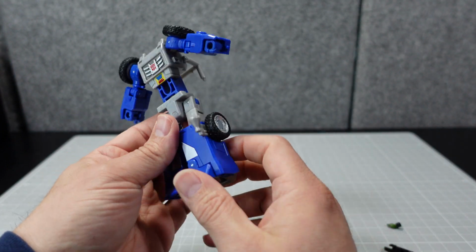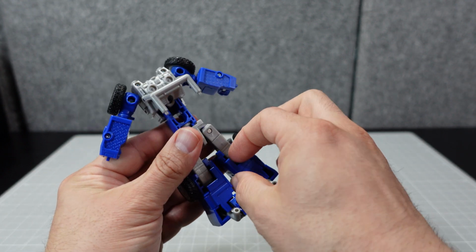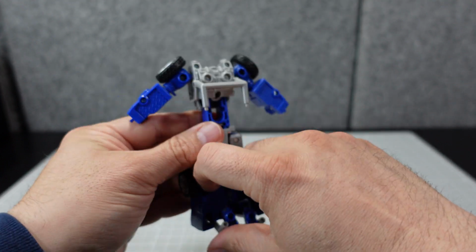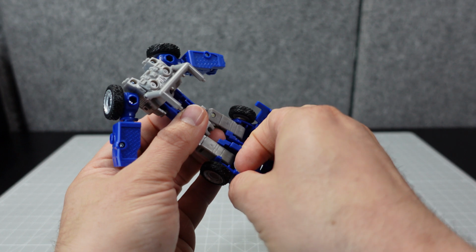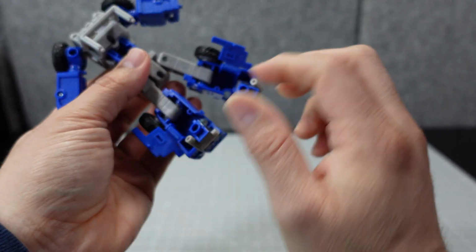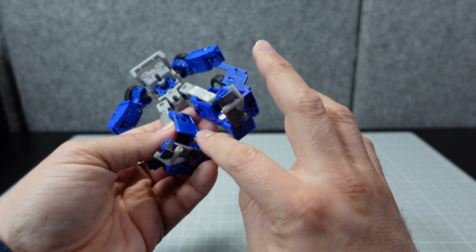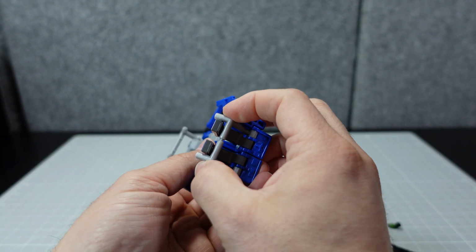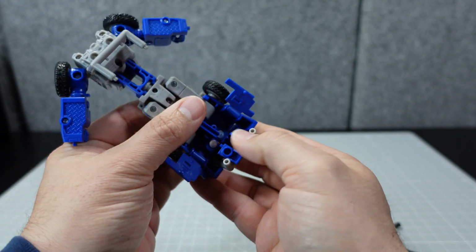Now the next part will be opening up these panels back here, and just grab them like that. They peg in right there. Open up this one here. There we go. And then I'm going to snap these together. There's a couple of pegs right here. Snap them into each other. And then you can also do the same thing with this roll bar right there. And then we're going to go on ahead and then pull these